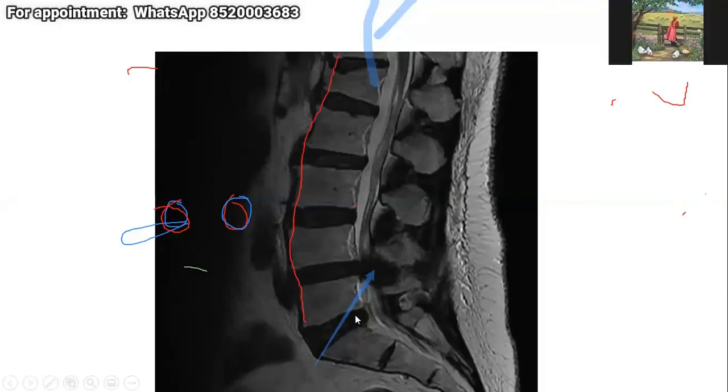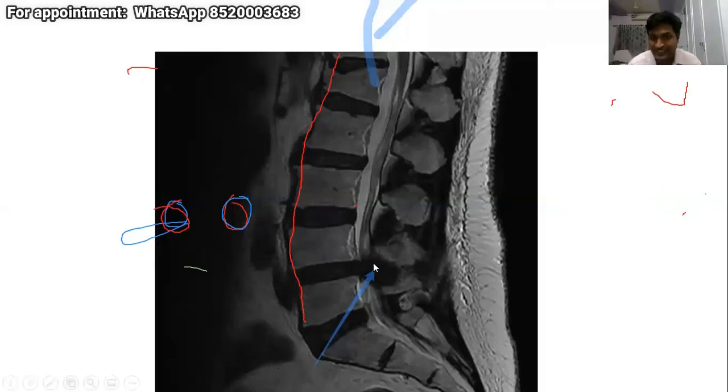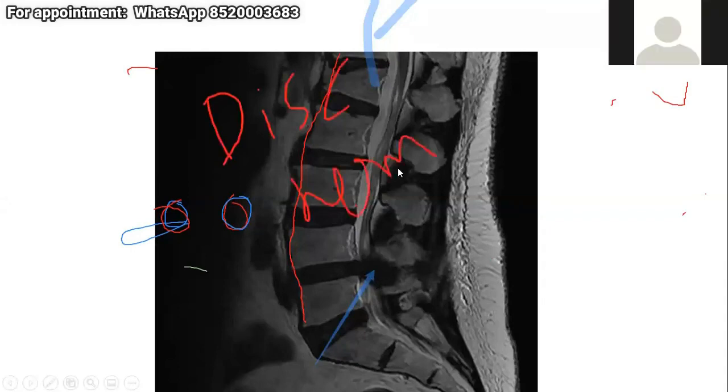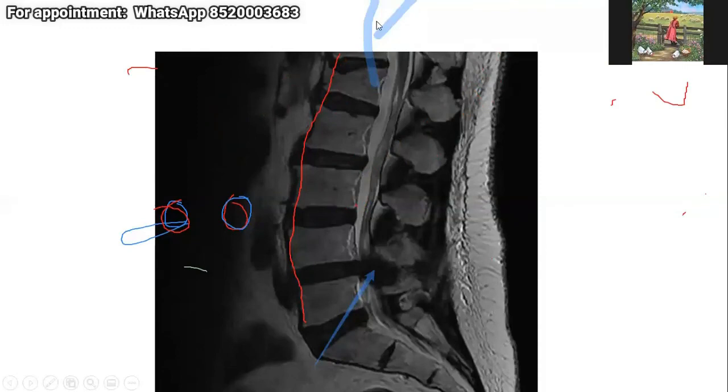What is that structure? Can you tell the structure where my arrow is, where my cursor is? There are a lot of annotations, sir. Actually, this one. Just my cursor will be unique. Central canal, sir. No. This black structure.